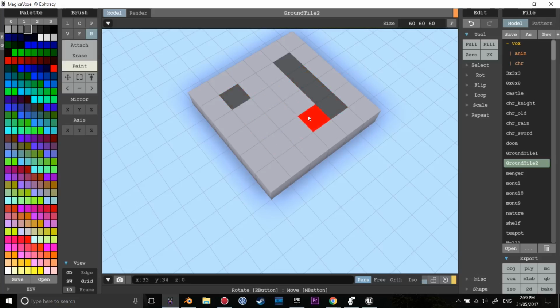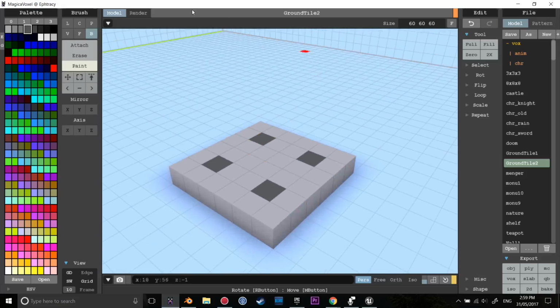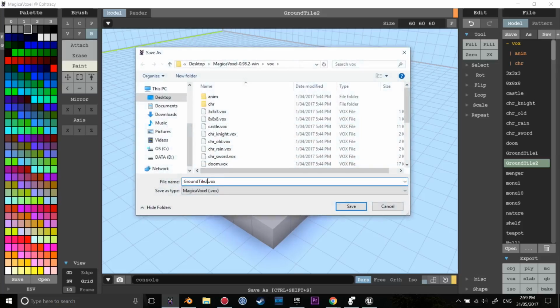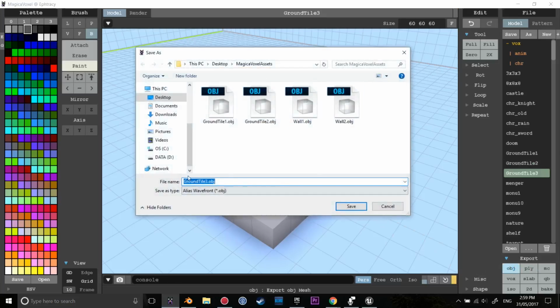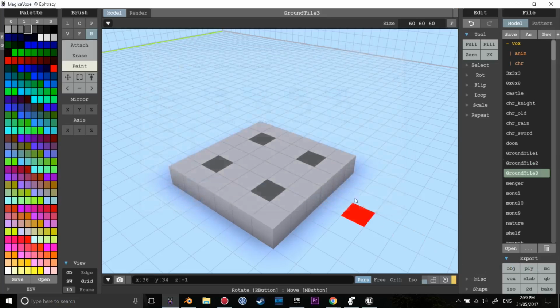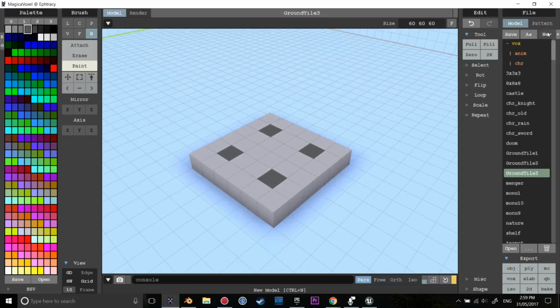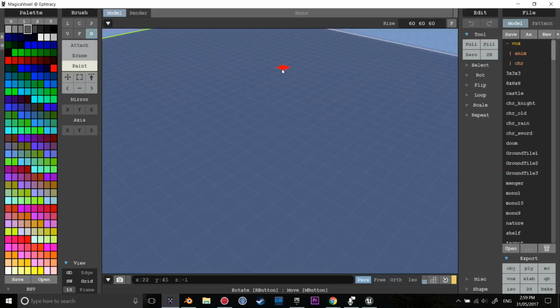I can do something maybe like this for fun, why not? And I can hit save as, make this the third tile, and then I can click OBJ, and it's already there. So I've got all these different models now,